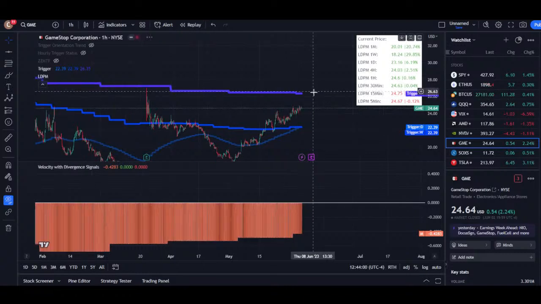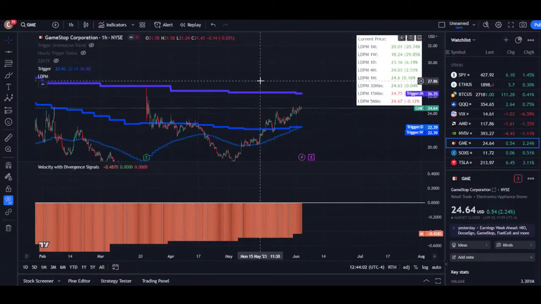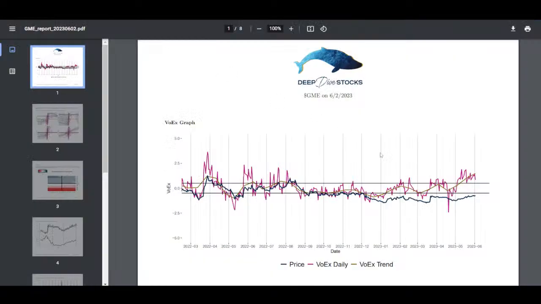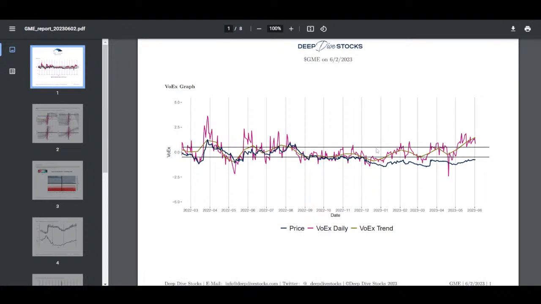Okay, so now that we went over this, let's move on to the GME report. And on the GME report, VOEX, for those of you unfamiliar with that, shows the stability and the instability in the price. And when VOEX is in between the lower black line and the upper black line, it's usually pretty bullish for the stock, and it means that the stock is stable and we expect it to rise,